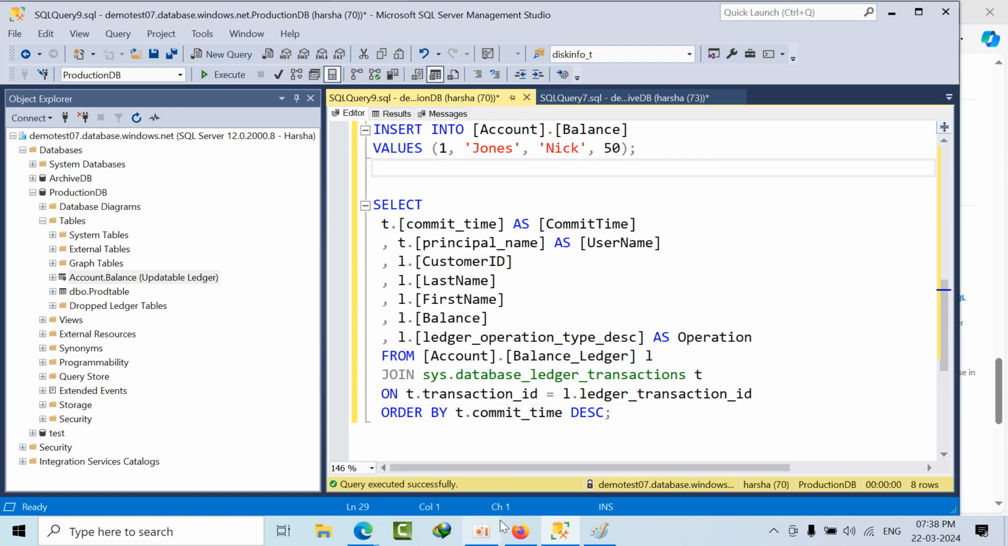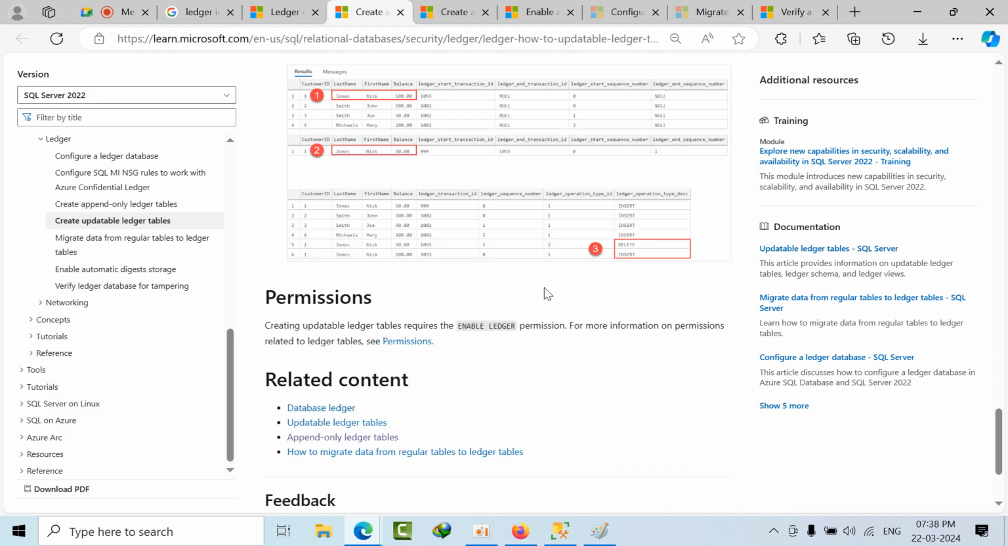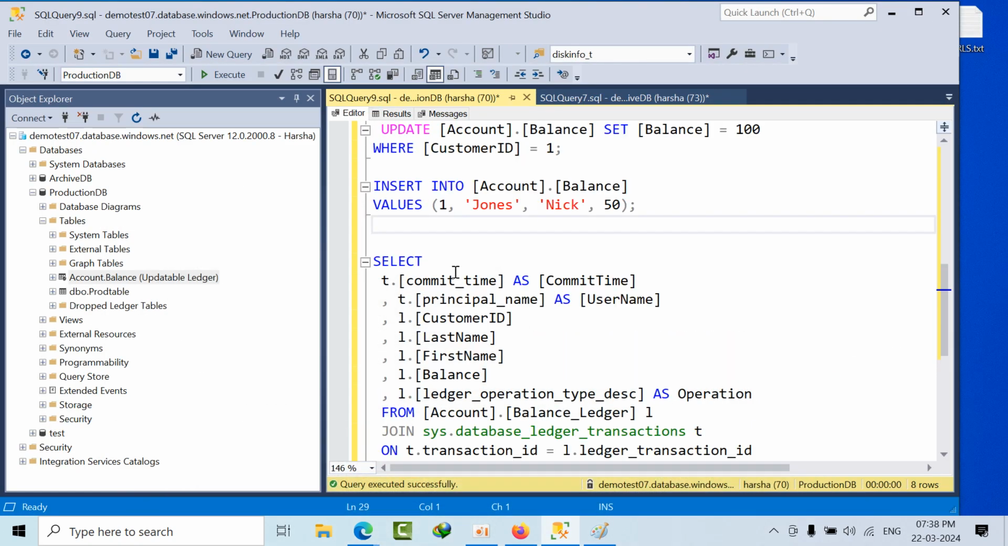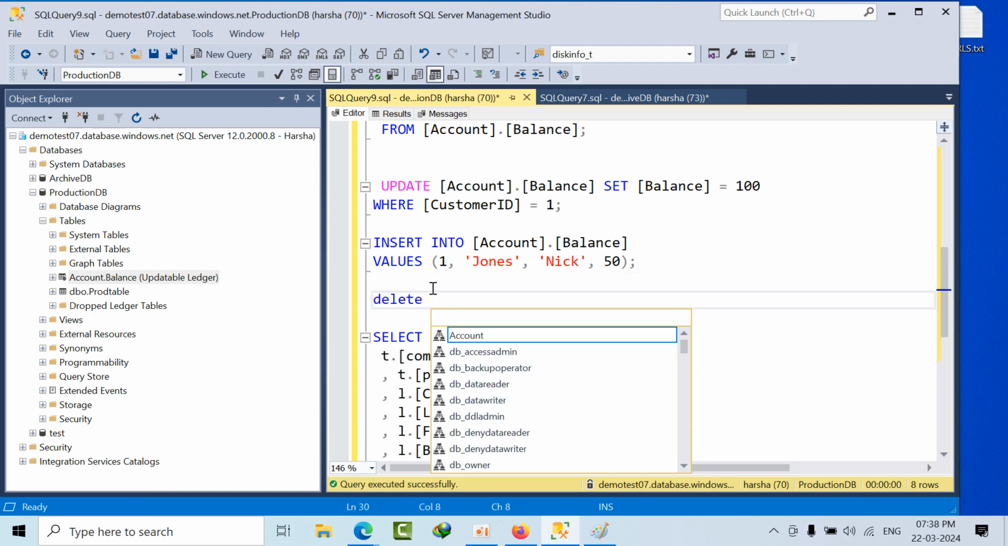If I try to delete, what will happen? It will throw an error. I will try to delete that. Now, delete from